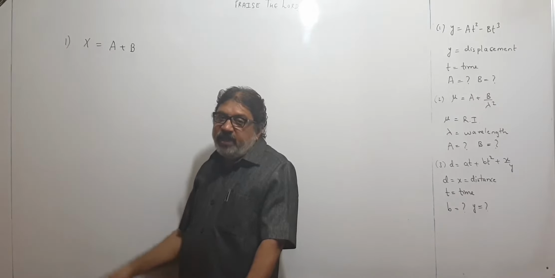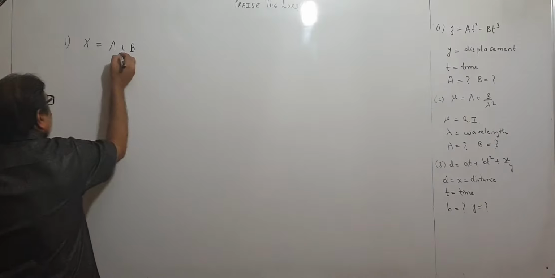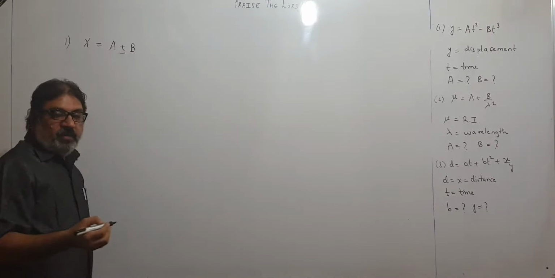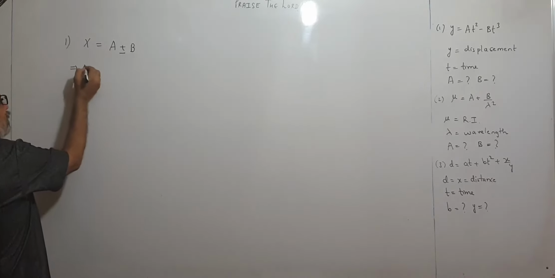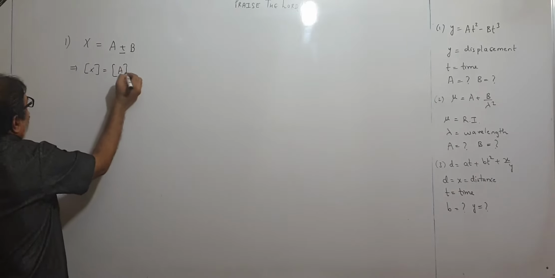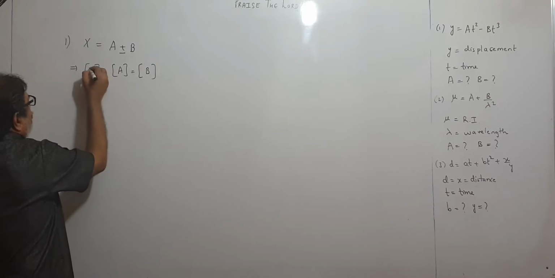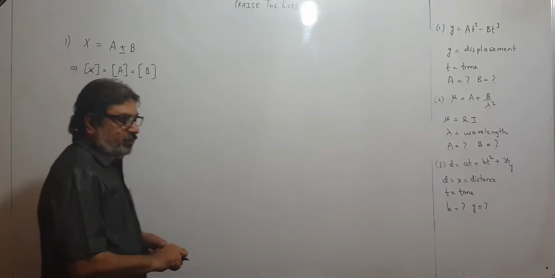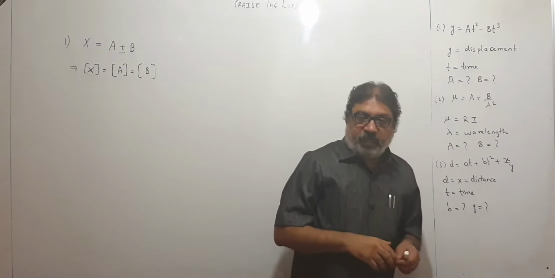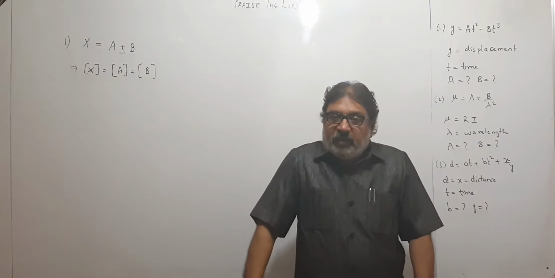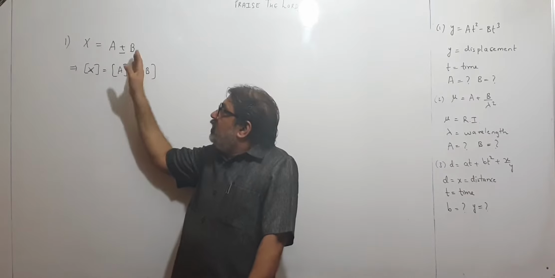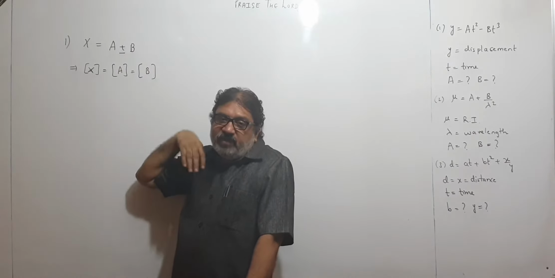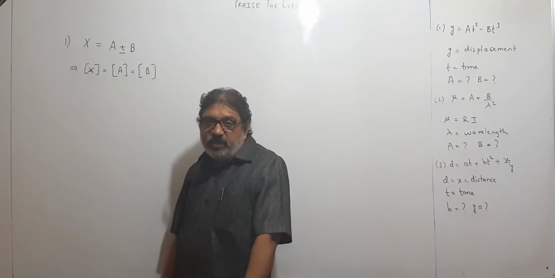So if I have got an equation like x equal to a plus b or a minus b, if I am adding or subtracting a and b, then their dimensions need to be same. So this implies, I will write like this: dimensional formula of x will be dimensional formula of a, will be dimensional formula for b. Please understand like this. This is the first thing. If x is a plus minus b, then all the three quantities will have same dimensions. Naturally, 2 meter plus 3 meter will be 5 meter. 15 seconds minus 5 seconds will be 10 seconds. Everywhere second, second and second. Like this you are getting.